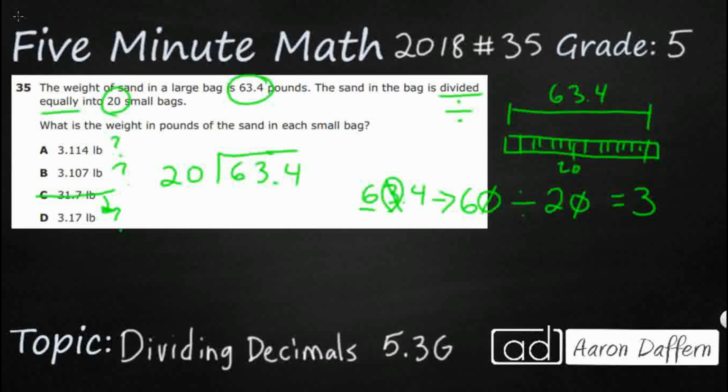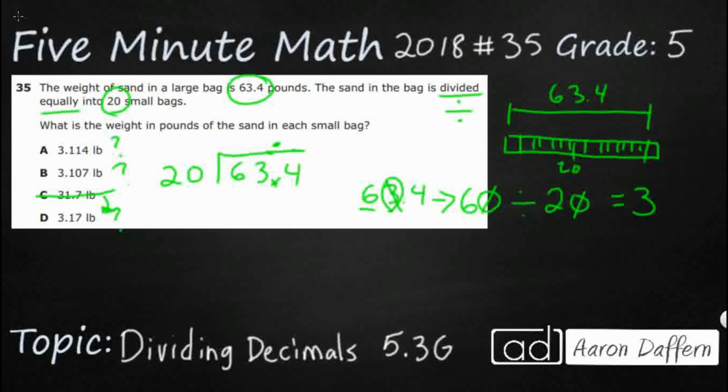So it is a 2-digit divisor, and there are no decimals in our divisor. If there were, we would have to move it to the left or the right to get rid of it and mirror that action in the dividend. But since the decimal is only in the dividend, what we do is we move this decimal up right here onto our quotient bar, and that's it. That's the last thing that we do. We just kind of get rid of that. We pretend like it's